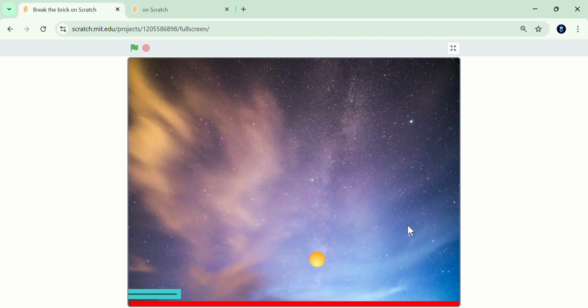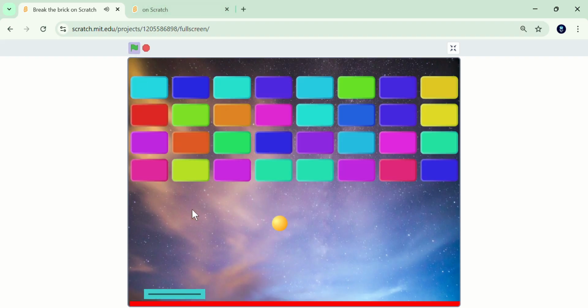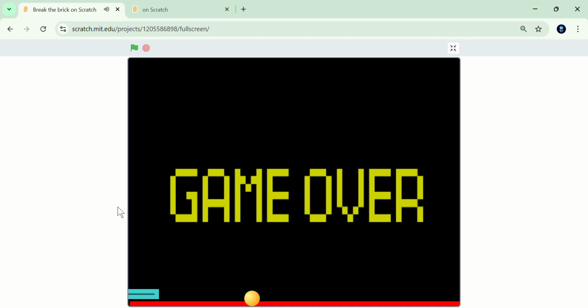Here I didn't set the UV backdrop, but when we are building the game, we can make it. If I break all the bricks, I want to switch the backdrop to UV. But if the ball touches the red line, it will change to game over. So this is the thing that we are going to make, but mainly I'm focusing to teach you